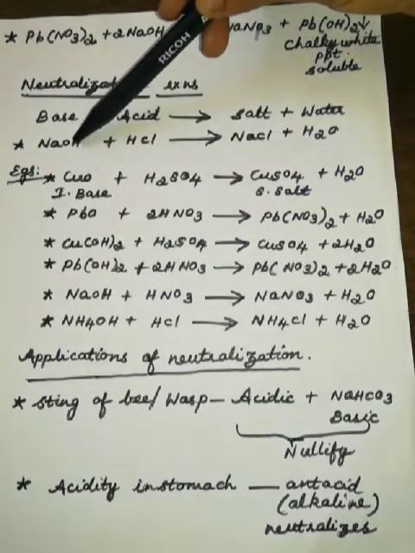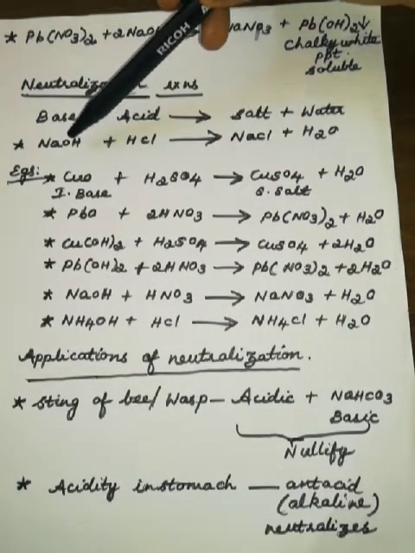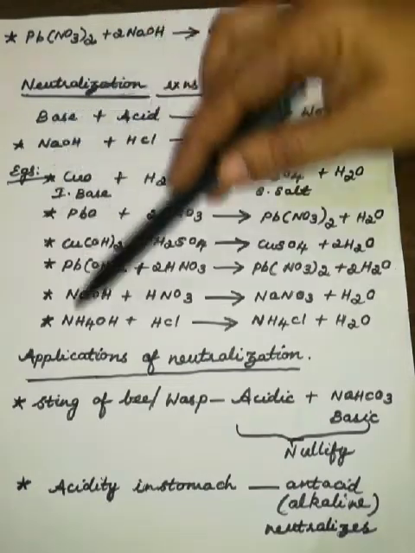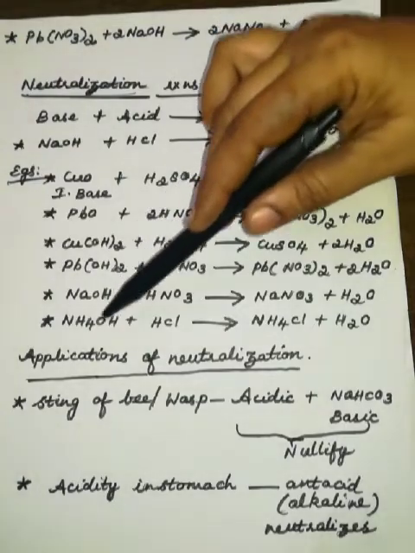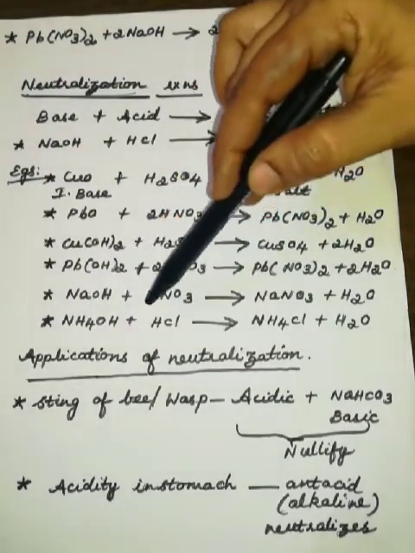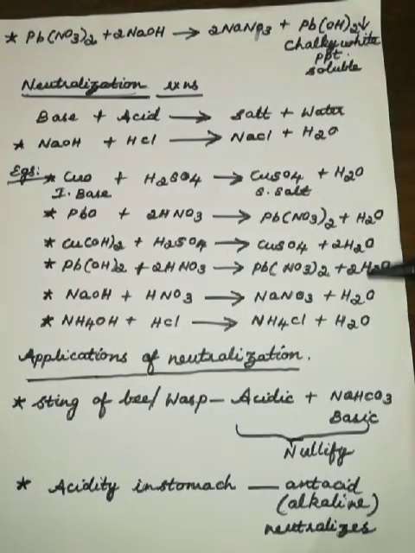See, sodium hydroxide is a strong base. Why do we call it a strong base? You know sodium is the most reactive metal, but ammonium hydroxide is a weak base. And when you treat it with dilute HCl, you are going to get ammonium chloride and water. So different reactions; we have seen all these reactions. The exchange of radicals takes place in neutralization as well as in precipitate reactions.